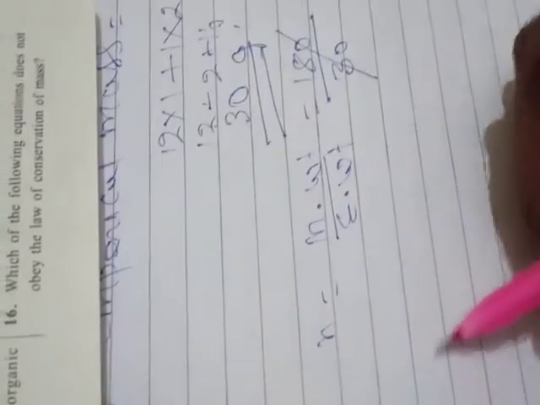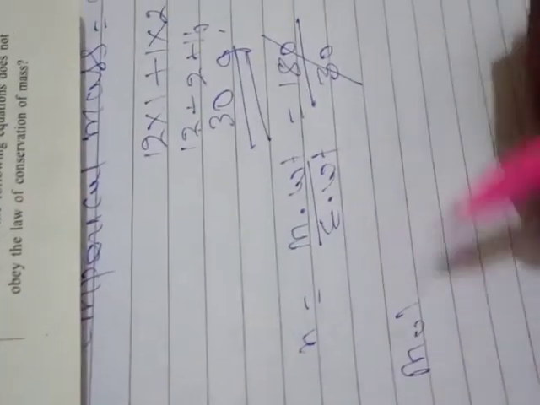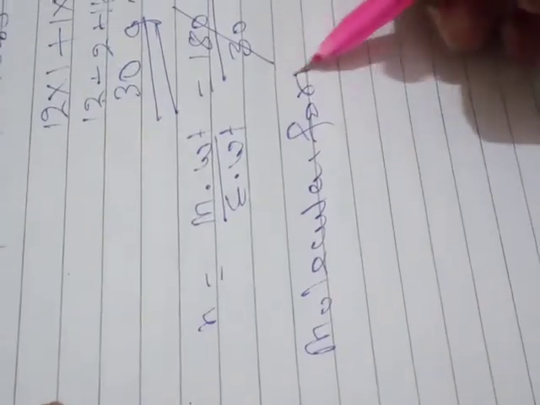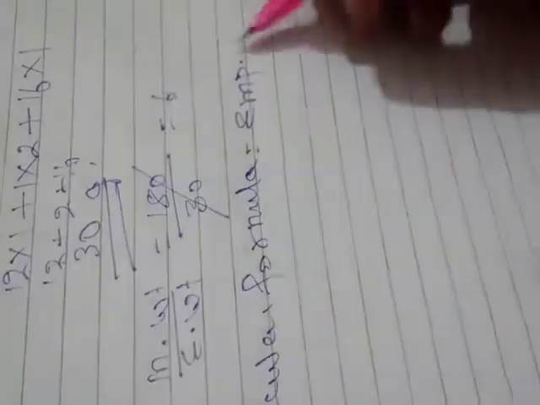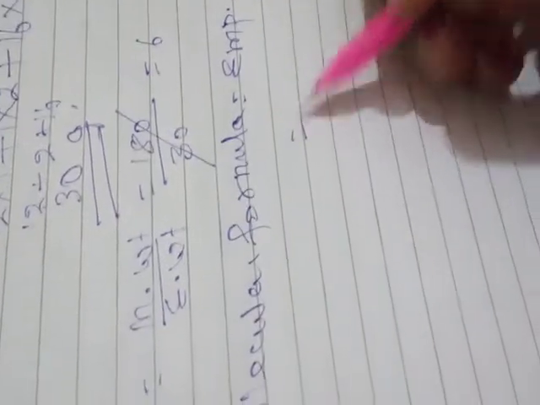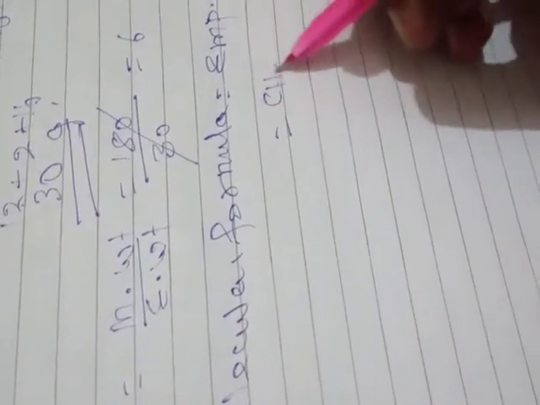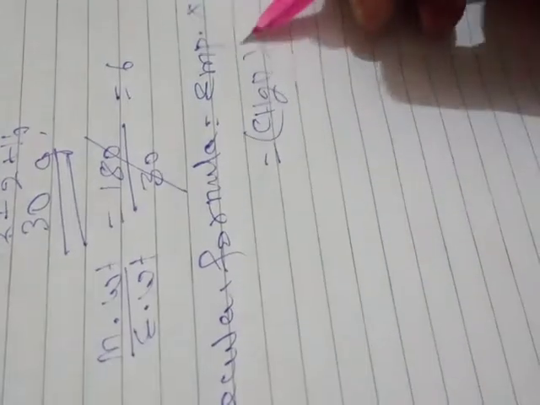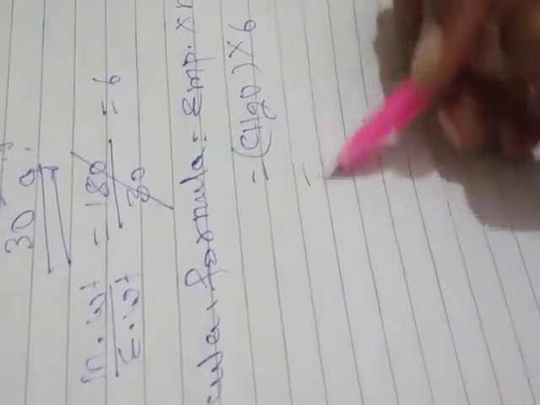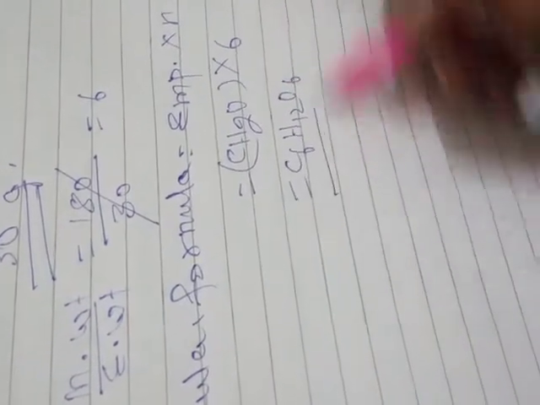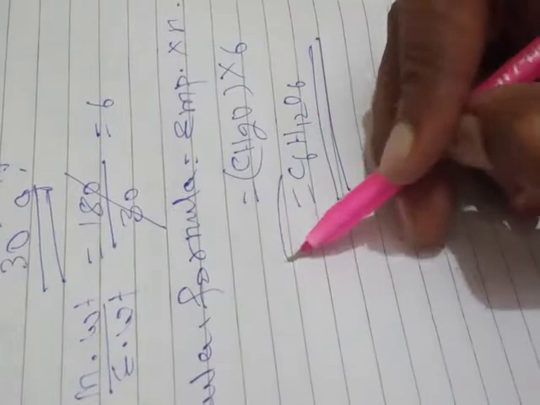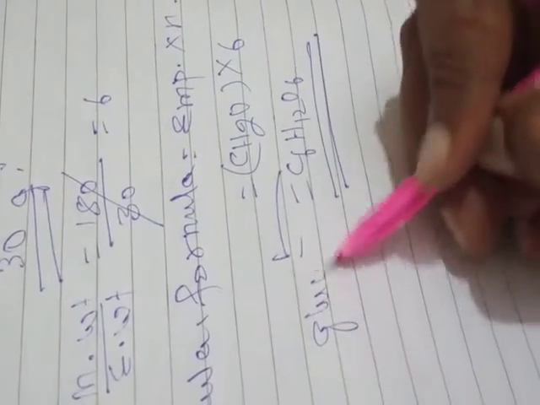Now see the relation here. How to calculate the molecular formula? This thing should be known to you. The molecular formula is equal to the empirical formula into n. Then what was the empirical formula? The empirical formula was given to be CH2O, and what we have got as n? 6. Now multiply this by 6, then here C6H12O6. This is what we are going to get, and this compound is called glucose. So thus question number 14 is over.